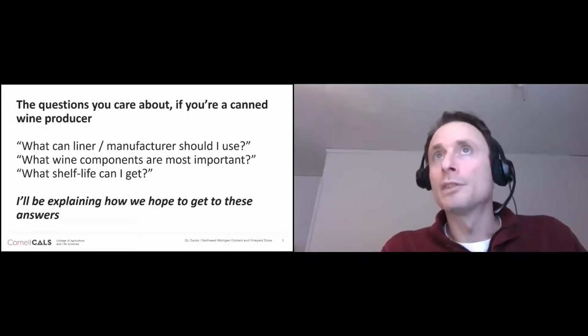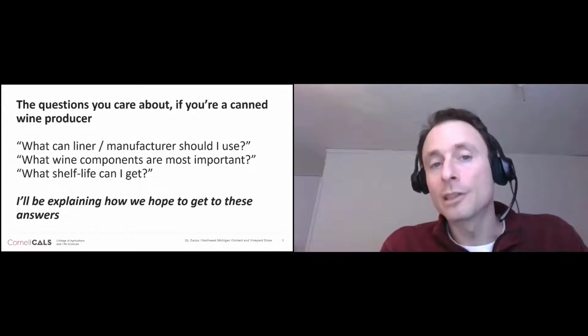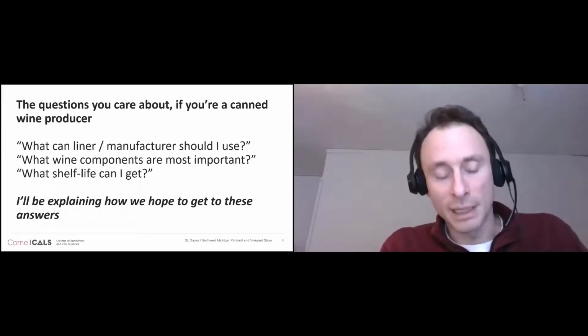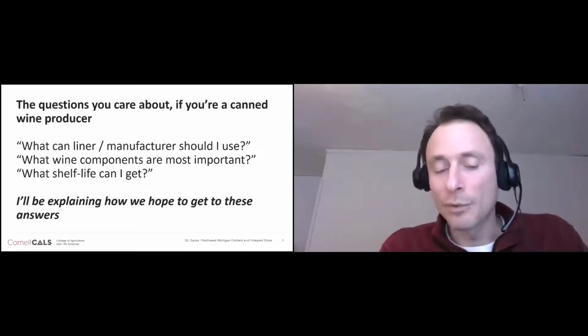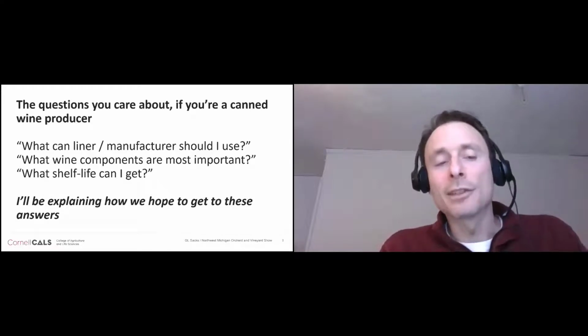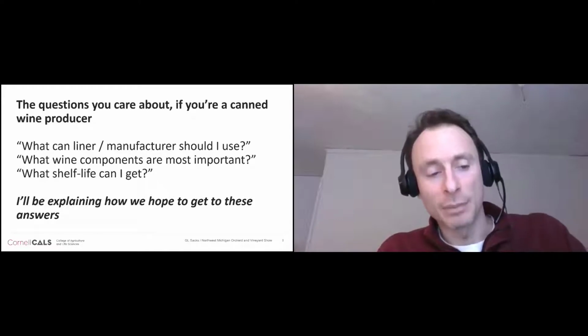For most producers, they expect to have maybe one or two of their offerings go into can, so that they have that for a particular product, for a particular kind of consumer. They'll take advantage of custom canning operations, mobile canning operations to achieve this. And so the questions that I get most often, both in New York State, but also more generally amongst US